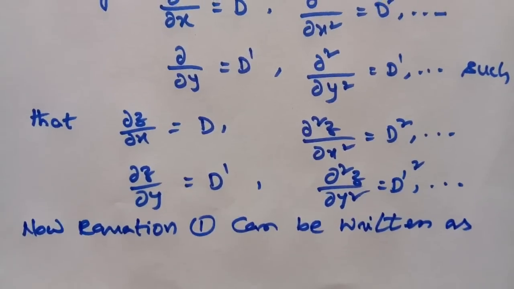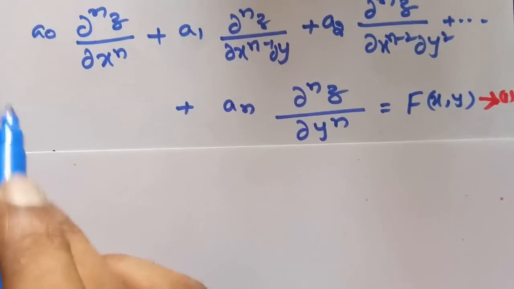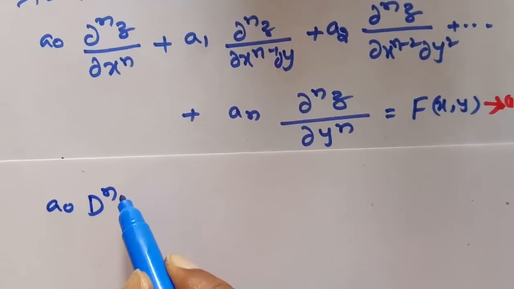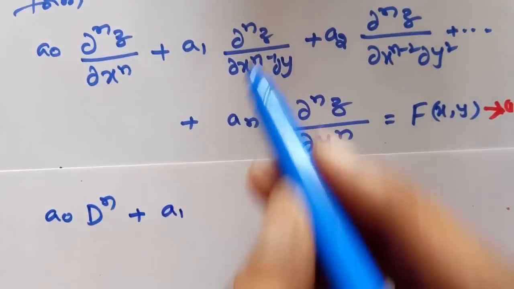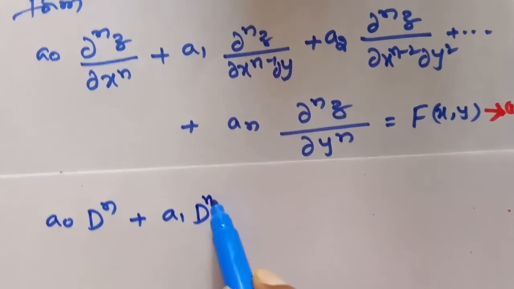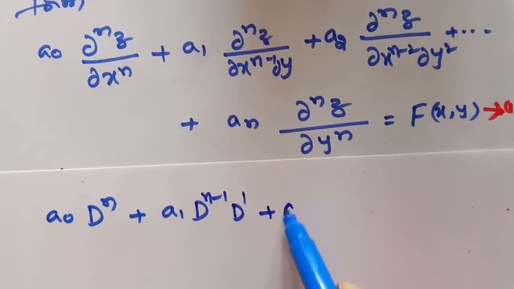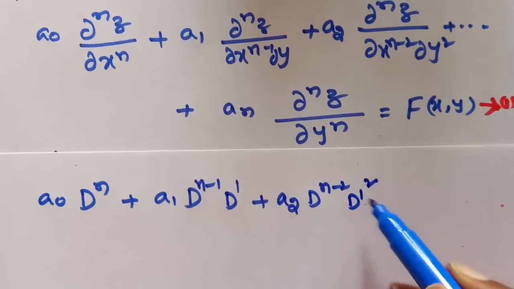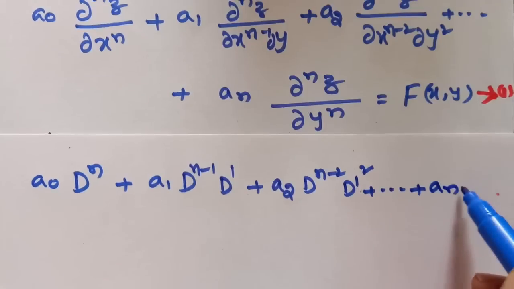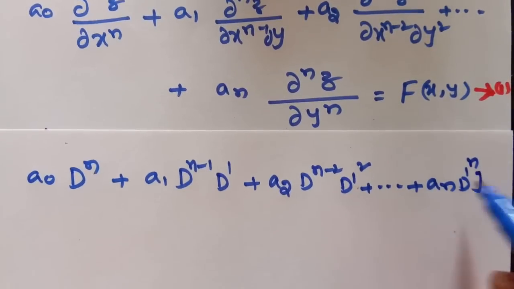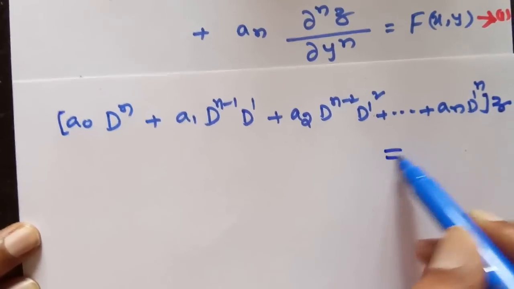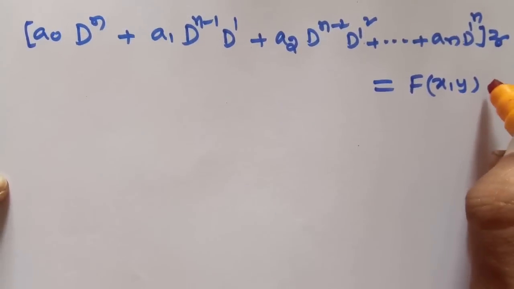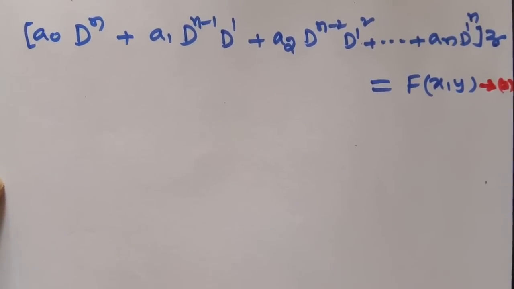Therefore, equation 1 can be written, by using this capital D for the derivative, as A0 into D power n of z plus A1 into D power n minus 1 into D dash plus A2 into D power n minus 2 into D dash square plus and so on plus An into D dash power n into z equal to capital F of x comma y. Say this is equation number 2,